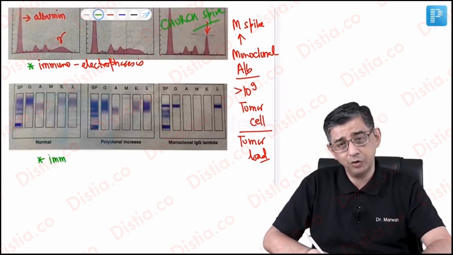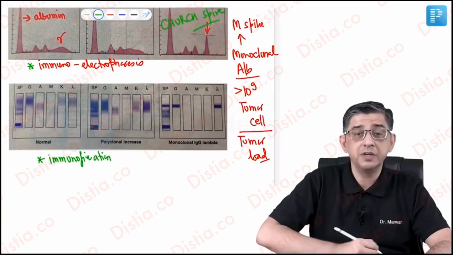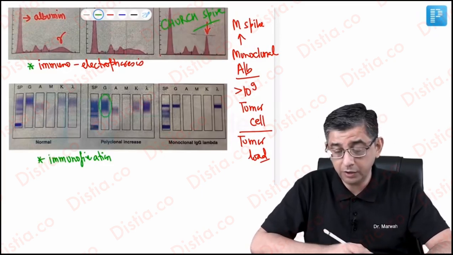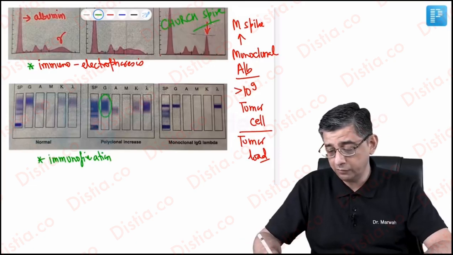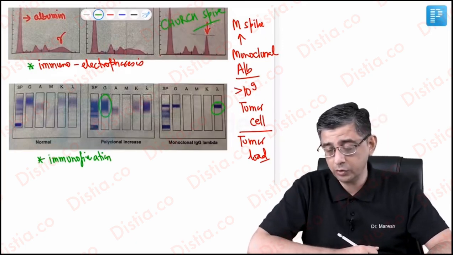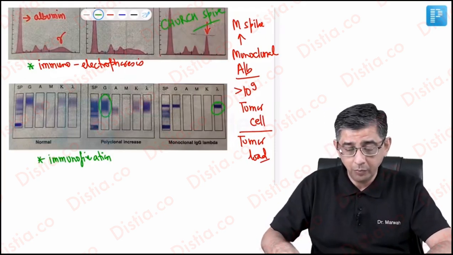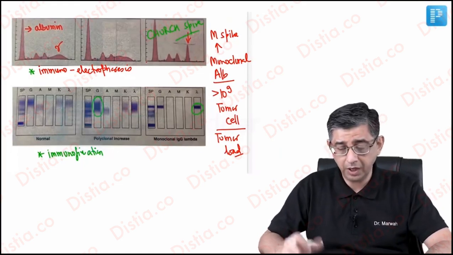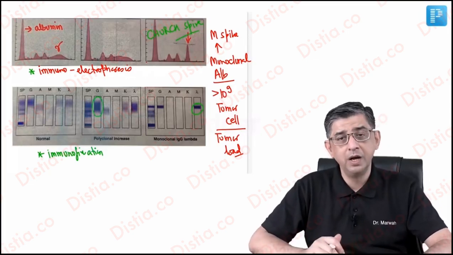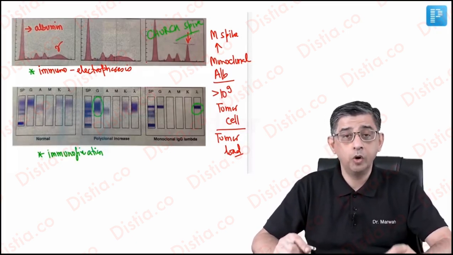So the second technique that I have shown here before you is called immunofixation. Now, the advantage of this immunofixation would be that it will not only tell you that it is the gamma globulin component that is increased, it will also tell you which subtype of the light chain is being overproduced. Like you can see in the representation that I've shown, it is the lambda subtype which is relatively increased in amount. So, immunoelectrophoresis and immunofixation can be given as image-based questions to you, and they definitely help you in identifying multiple myeloma. And in fact, the most common antibody which is defective in these patients is the immunoglobulin G subtype.